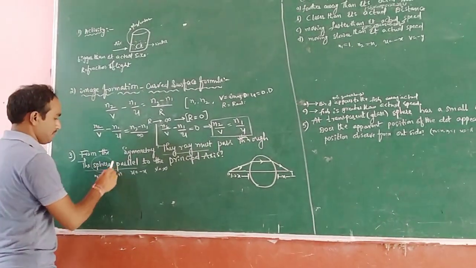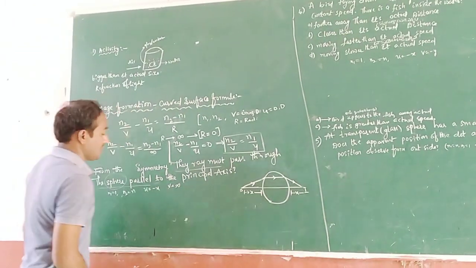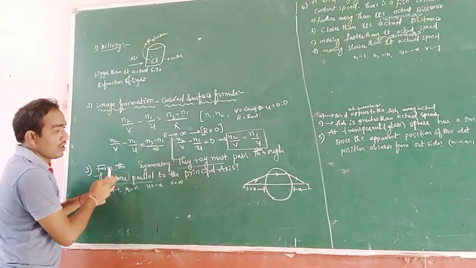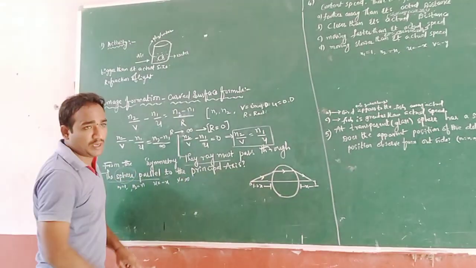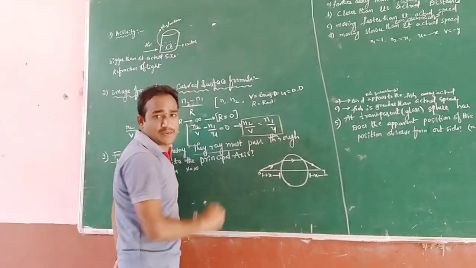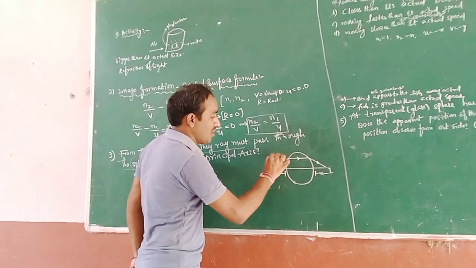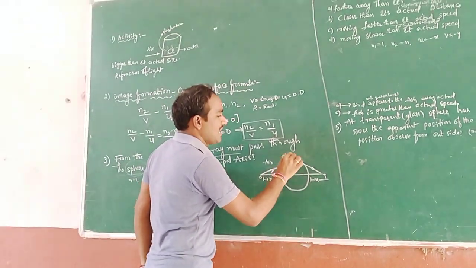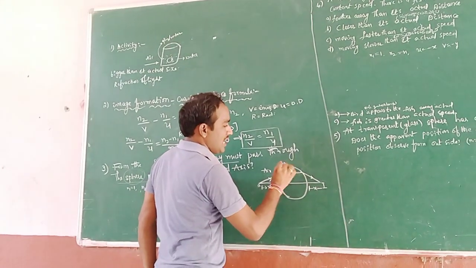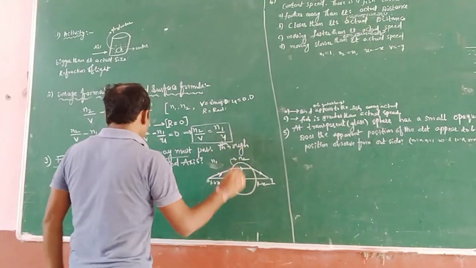So what is that known as sphere? It is a sphere. The ray must pass through the sphere. So how can we have it parallel to the principal axis? Parallel means it is parallel to the principal axis. Okay. So it is one medium. Here is one medium, and the sphere is another medium. So two different mediums are here, n1 and n2.